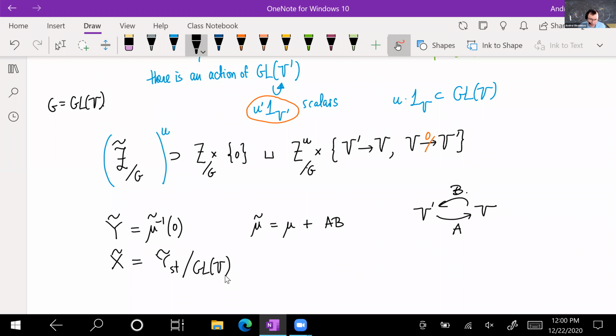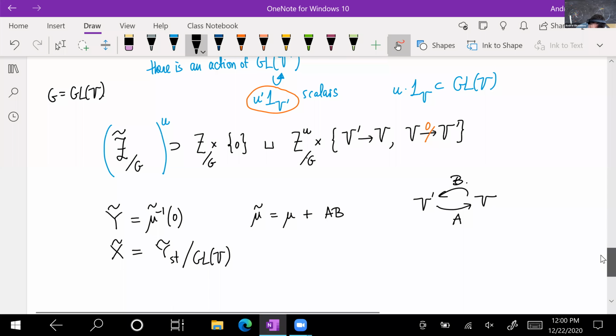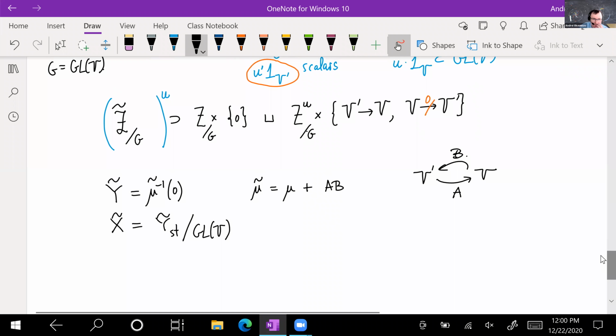And then, about the stable part, there's an important point that any point, well, it depends on the stability condition which we choose for GL V. So at any point where